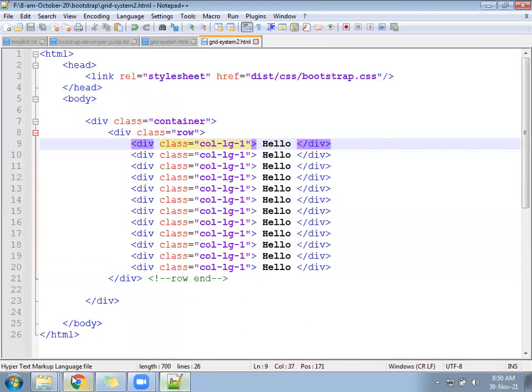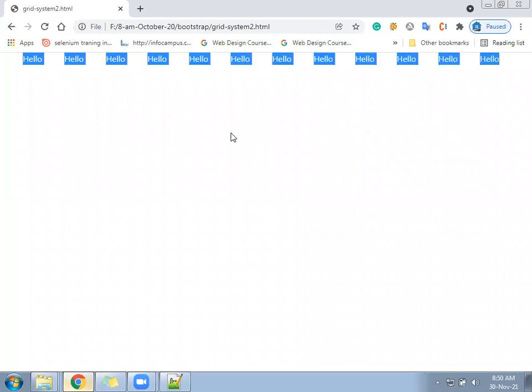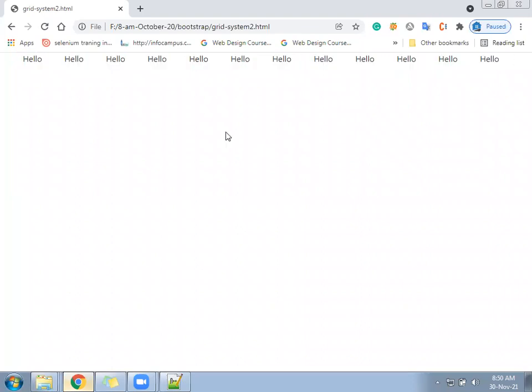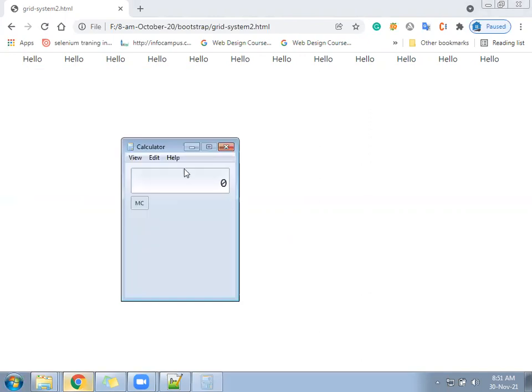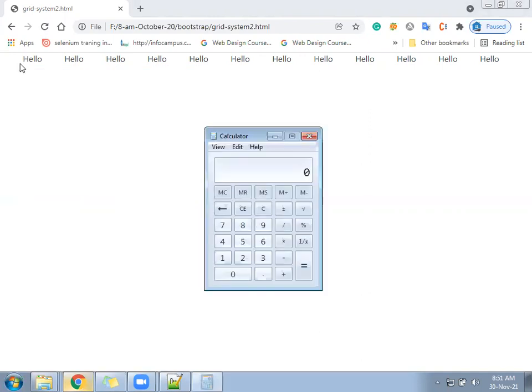Suppose in this screen, the total is coming how many? 12. And our fundamental from the beginning is that total screen size is 100%.